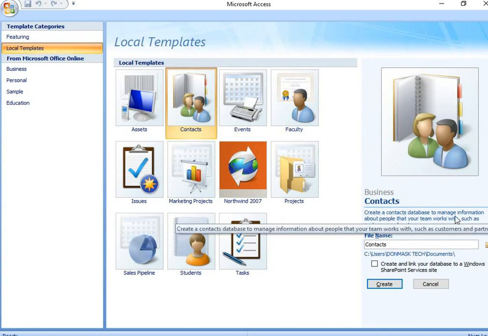Create a contacts database to manage information about people that your team works with, such as customers and partners. For instance, suppliers: you could be having a database of all suppliers in your supermarket, for instance, that this database is linked to the main big database of items supplied. For instance, if you have been left with 100 pieces